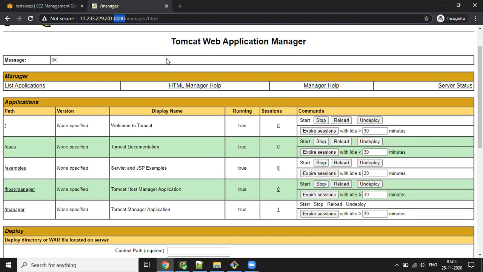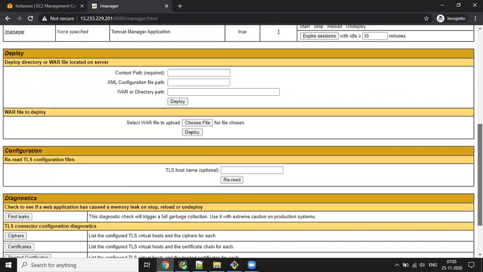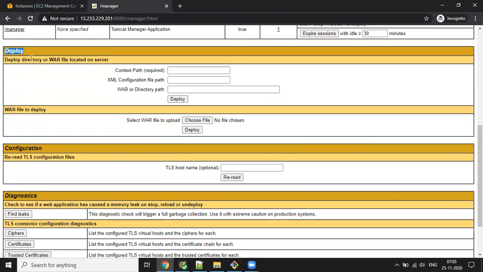Now I want to deploy the WAR file. There are two ways to deploy a WAR file. First, deploy a directory or WAR file located on the server. This means your WAR file is available on the server, in any of your Tomcat directories, and we can deploy from there using the context path, which is your own path.